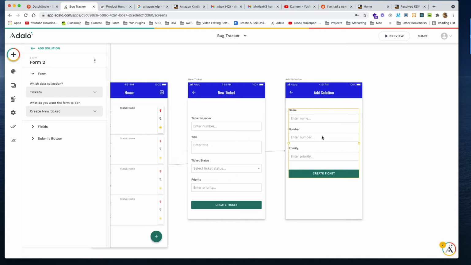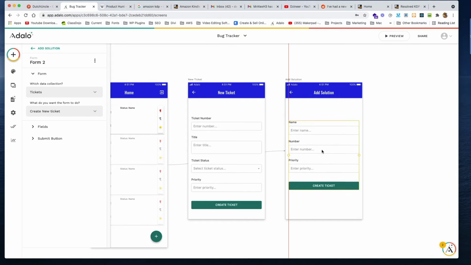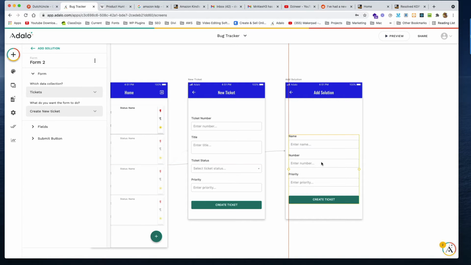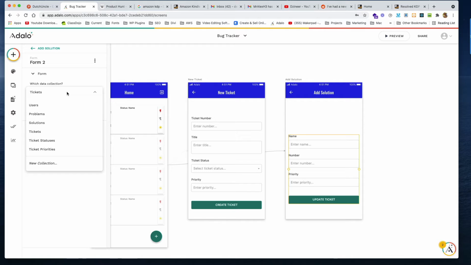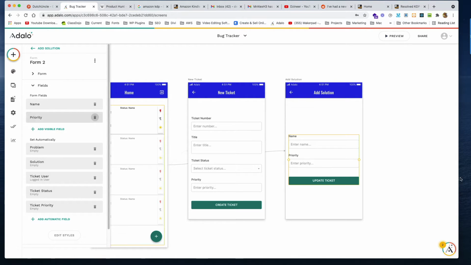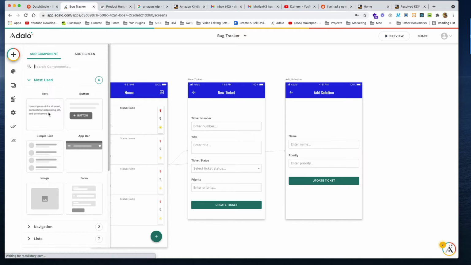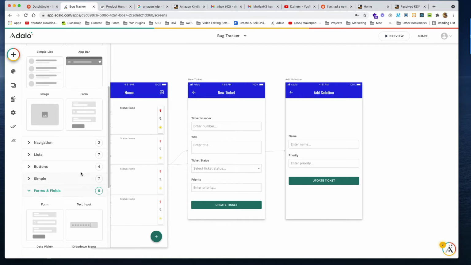And what we're going to do, kind of similar to what I talked about doing before, but this time we're going to do it for real. We're going to say update ticket. You could do priority. You could be the number. We don't let you change because the number has already got a number, and we don't want to mess up the system. So go to fields, remove the number, and then we're going to add a new text field in here,